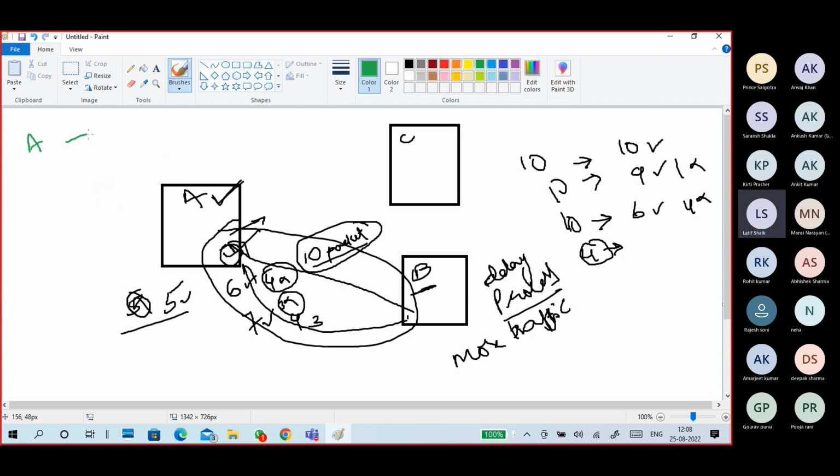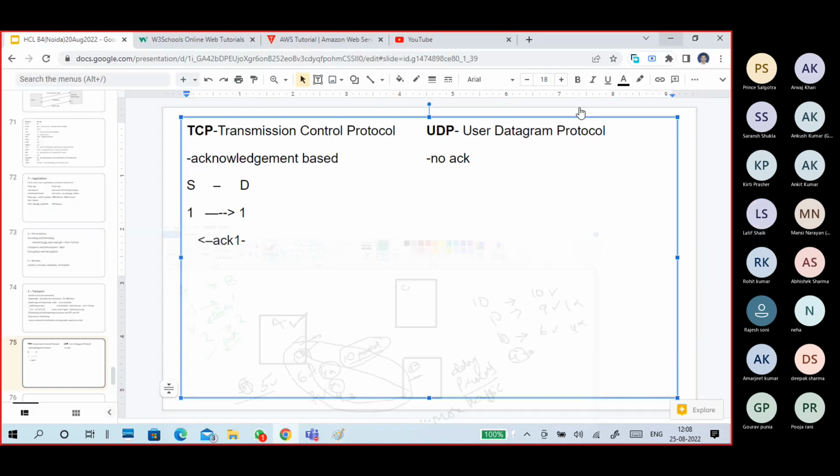Here it is in our place also. A sends a message to B. I send a packet. B receives the packet and B sends an acknowledgement: yes, I received this packet. So A understands, yes, B received it. Then it will send a second one. Again, B sends an acknowledgement: yes, B received the packet. Similarly,